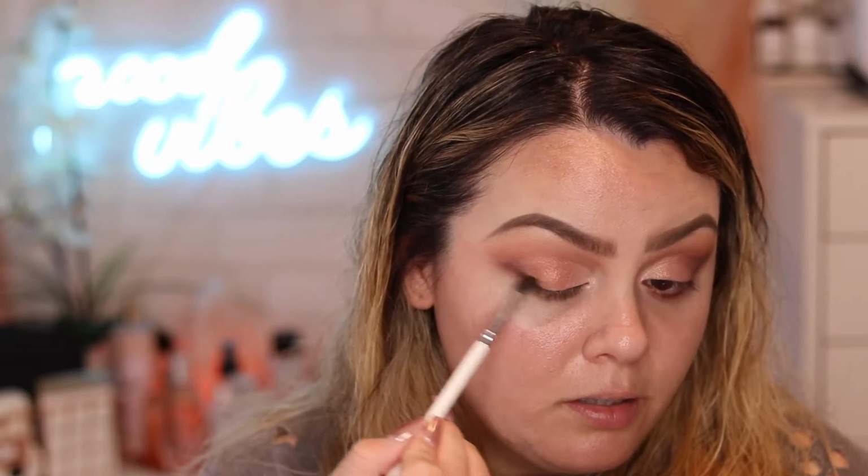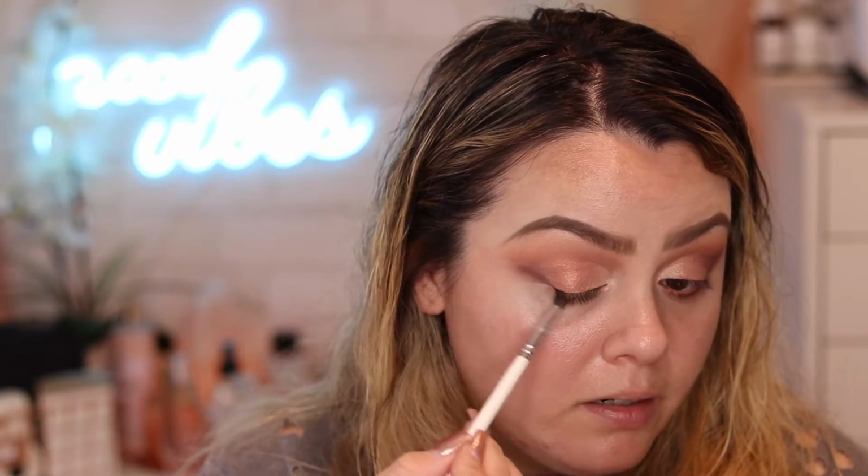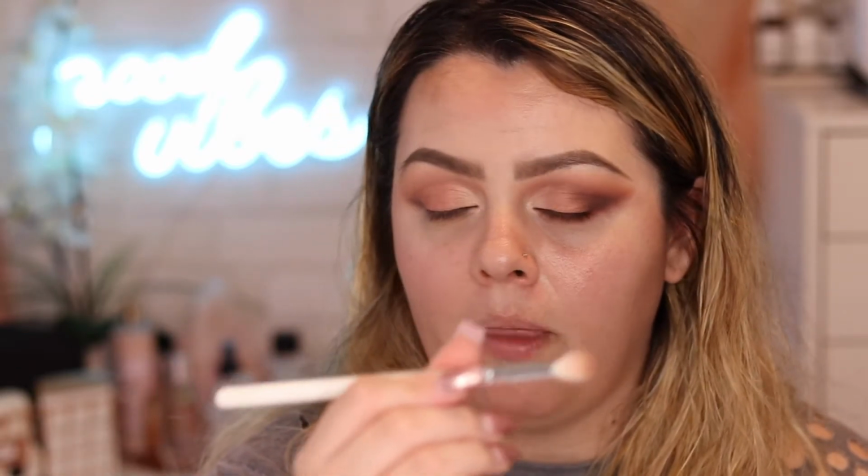But you see, I just feel like it doesn't really do much for me, the way that it's blending or applying, personally, for the top. But now we're going to grab the bigger brush. So I'm grabbing this one. This is the